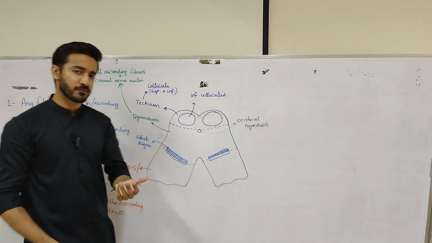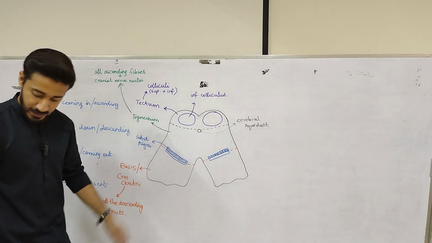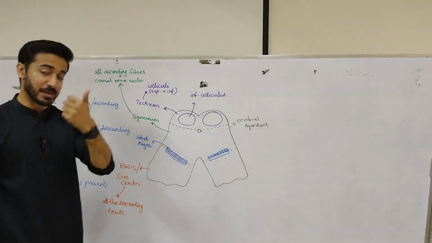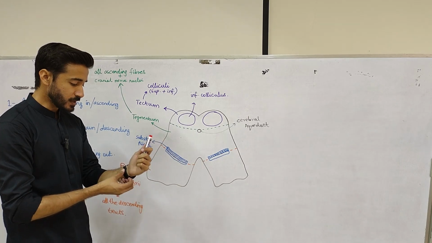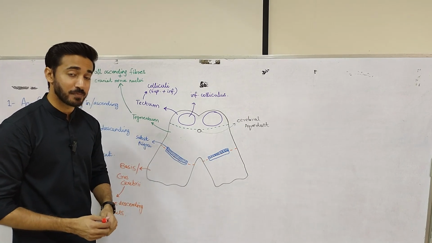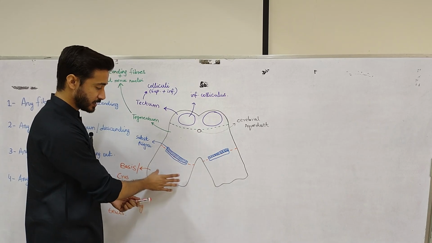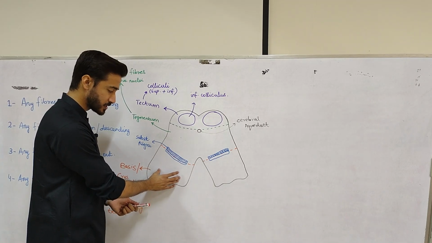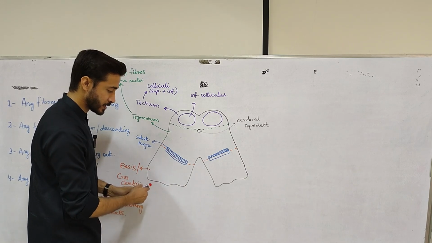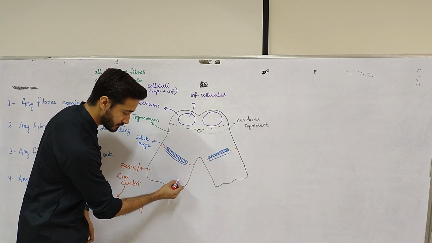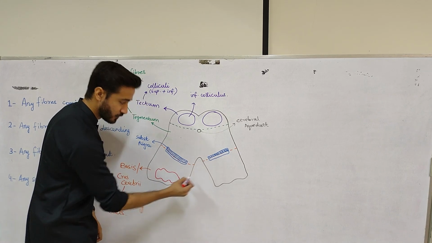So if we have any descending fibers, where are they going to be drawn? They're going to be drawn in this area. And there's only one major descending tract that you should be aware of at this stage, and that is the corticospinal tract. So where are we supposed to draw the corticospinal tract? It comprises, or it houses, or it covers middle 2/3 of the crus cerebri. So you would draw this area over here,